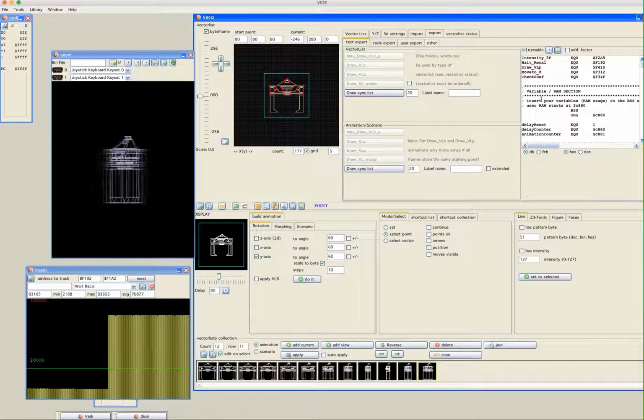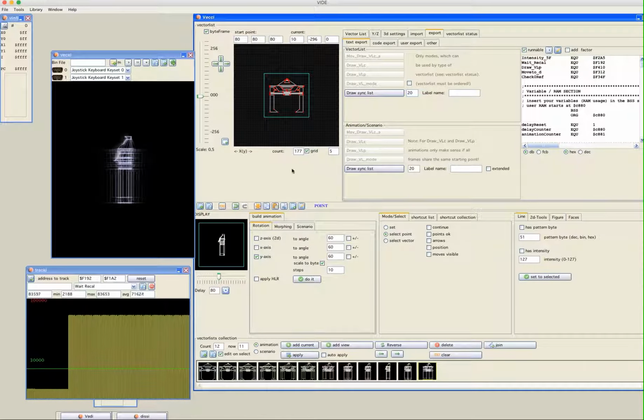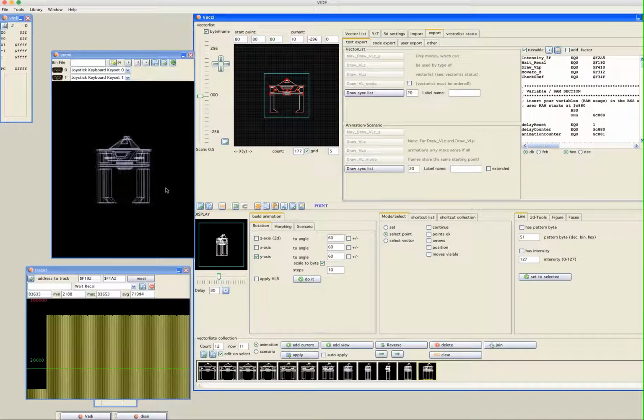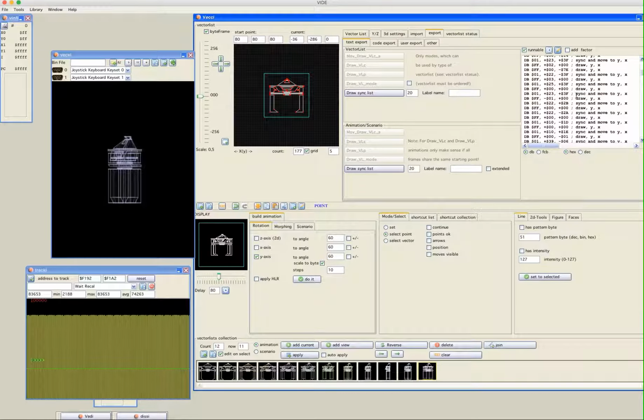And well, anyway, the drawing you did does not have many connected, well, what shall I call it, paths. You can see that the draw sync list starts anew from the middle point with the move tool to the vectors it must draw. And if you look at the vector list generated, these 0, 1 lines are always sync, and